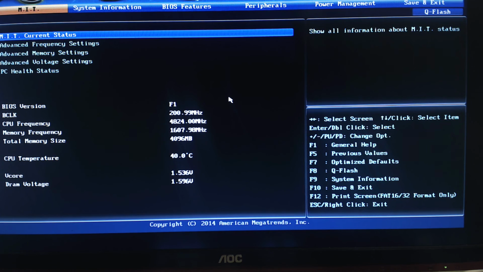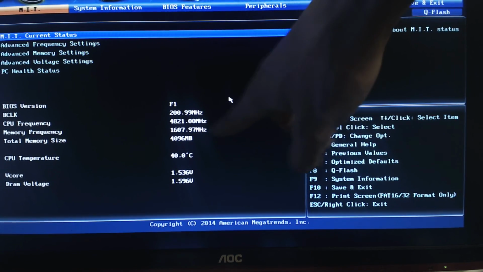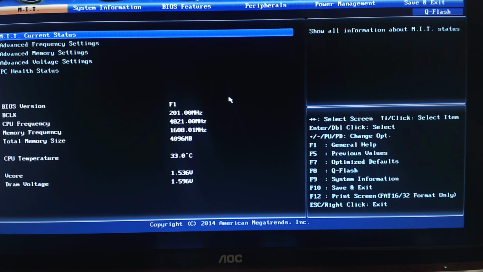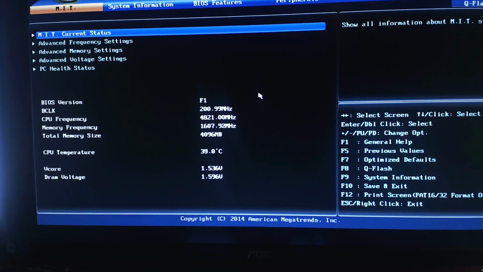Okay, well, I didn't remove the battery for long enough, because all my settings are still there. That's not good, is it? I'm pretty sure I said I wanted to wipe the BIOS out, but that just failed. Now, considering I haven't had a situation where I couldn't get this motherboard to recover yet, I don't